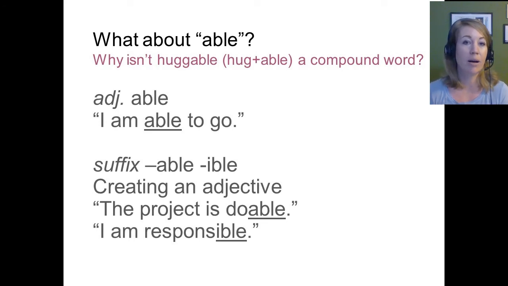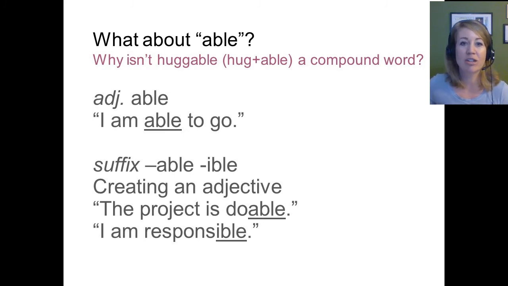So the suffixes able and ible serve a function in that they can turn verbs into adjectives, and we just saw that example. The thing we're looking at here is that able and ible are the same suffix, okay? They're just spelt different based on English conventions. We don't need to worry about English spelling conventions. So look at the word in "I am responsible." The free morpheme there is response, okay? And we can attach able to it to make it an adjective. Response is a verb. Okay, that's how it's primarily used.